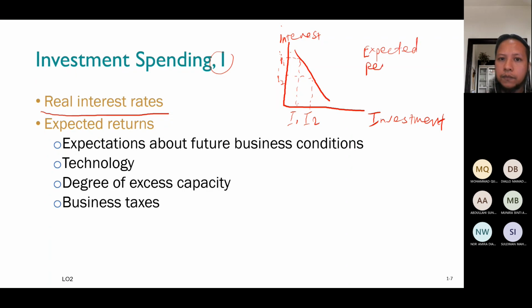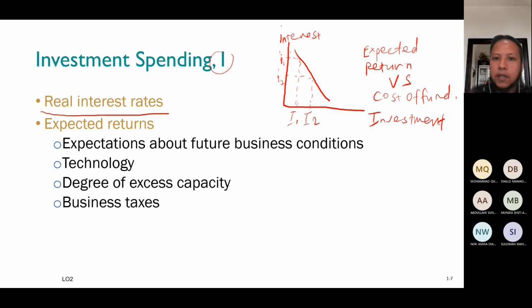versus cost of fund. Cost of fund is how much we have to pay if we borrow from the bank, or how much return we can get if, instead of using the money that we have in the bank, we just leave it there. How much interest do we get? So you have money in the bank, you can choose. For example, a business has 1 million in the bank, so they can choose to use that 1 million to invest, or they can choose to leave the money in the bank